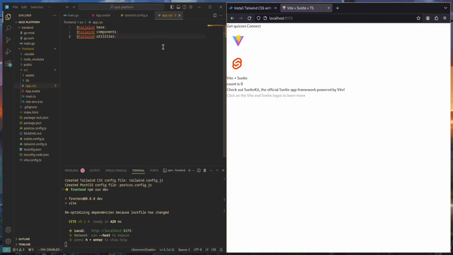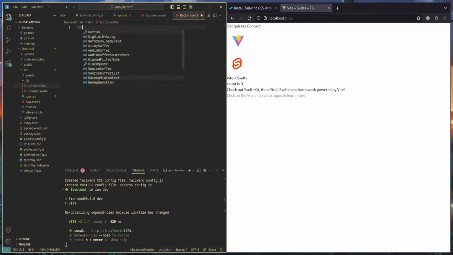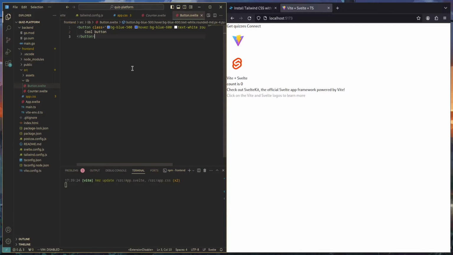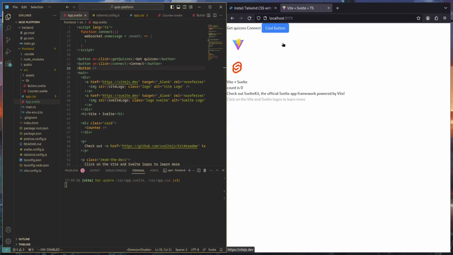But now we can actually start creating our button component. So let's go ahead and do that. We have our counter component, which is nice, but now we want to have a button component. So let's create a Button.svelte. And then we are simply going to use the styles which I mentioned earlier. So let's do that. So here we go, here we have that, and let's add that into our main component here, Button. Let's see, wow,